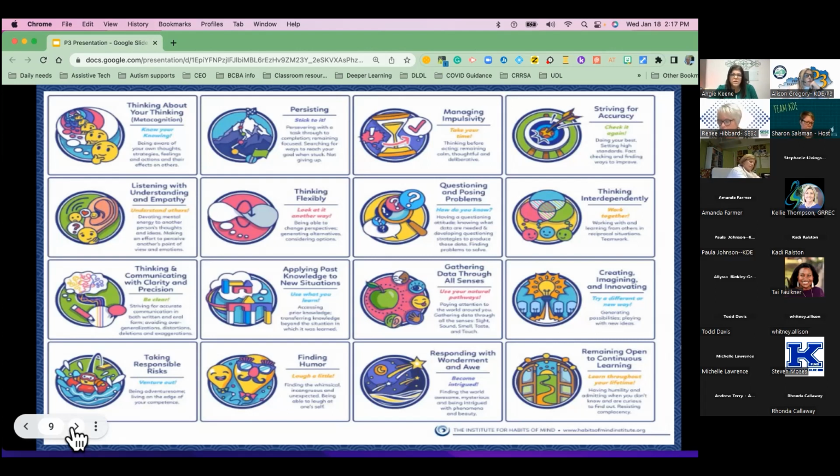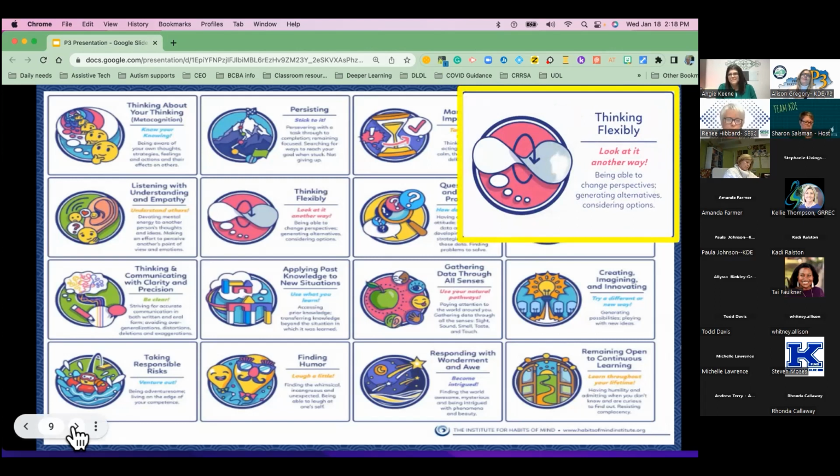As you hear these, I want you to think about whether the teachers in your building, or the teachers that you see, exhibit any of these mindsets. How can you as a leader provide opportunities for your teachers to develop and hone these mindsets? And do you model these mindsets yourself for your staff? I find myself not modeling some of these at times.